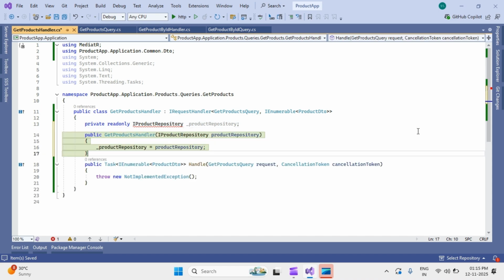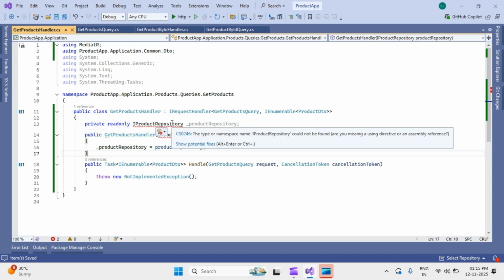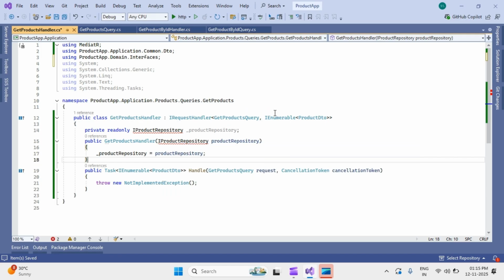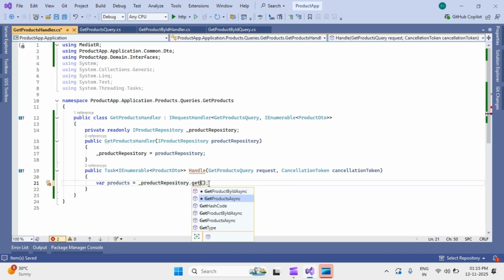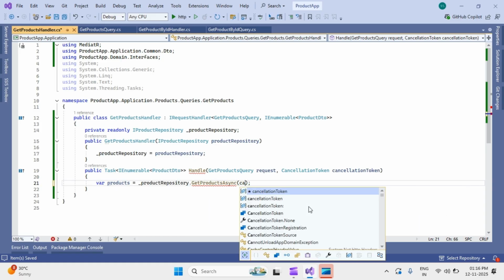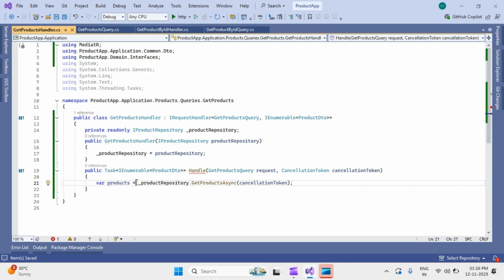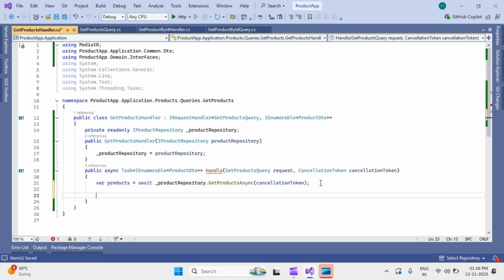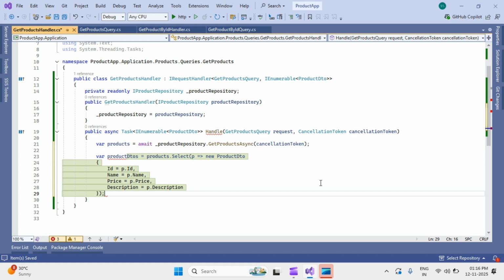Then we inject the services in the constructor. Now where product get product async with cancellation token, then await. Now where product DTO